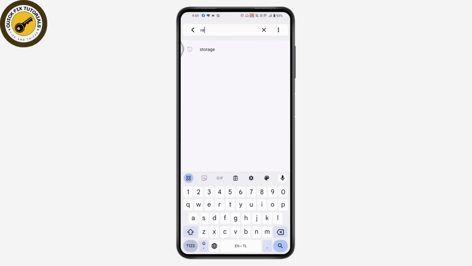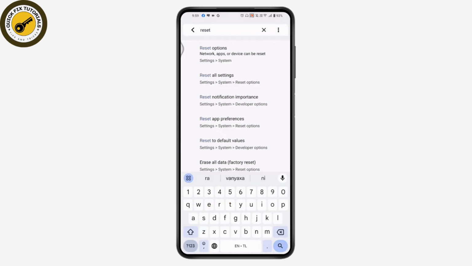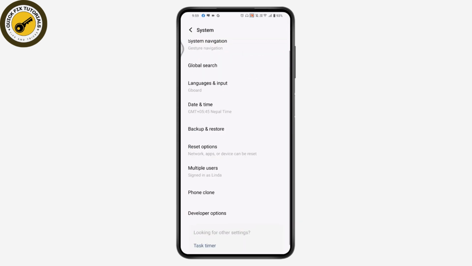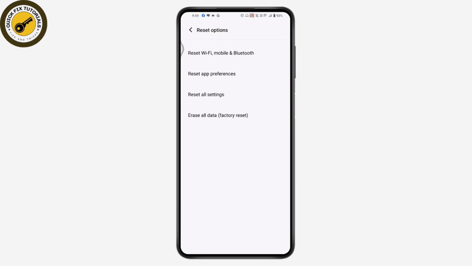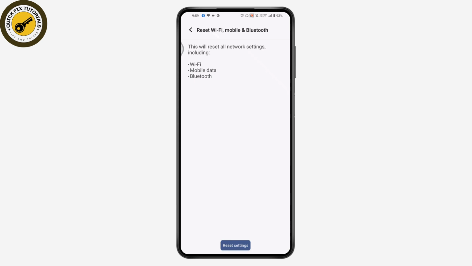settings. So search for reset and here you will have reset options. Tap on reset options and again tap on reset options, and here you will have reset Wi-Fi, mobile and Bluetooth. Tap on that and then you need to tap on reset settings, which is on the bottom of your screen. So once you tap on reset settings, your Wi-Fi, mobile and Bluetooth settings will be reset and your problem will be fixed. So make sure to restart or reboot your phone after doing all of these settings and your problem